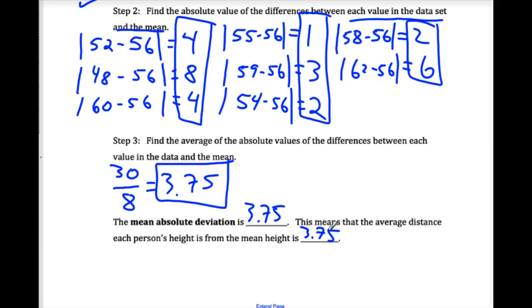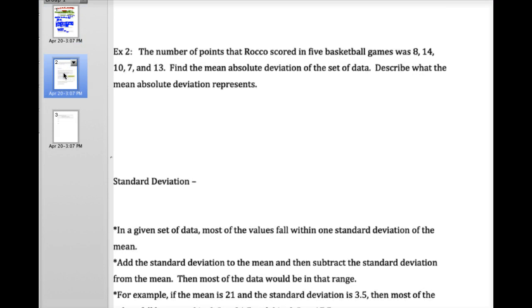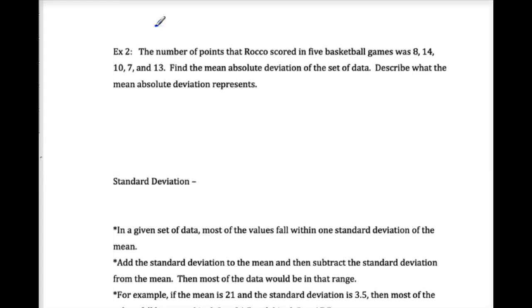Each person's height from the average is about 3.75, or it is exactly 3.75. You're going to need your notes to do your homework tonight. We will not give you a ton of data pieces when we do this. I think Teddy was thinking about that. What if you had a set of data with 100 pieces of data in it? Could you do this problem? Yeah, you could, but it would take forever. You'd have to subtract each of the 100 pieces from the mean.